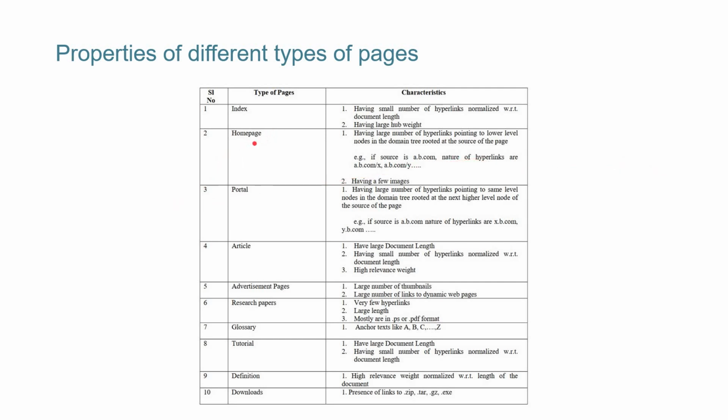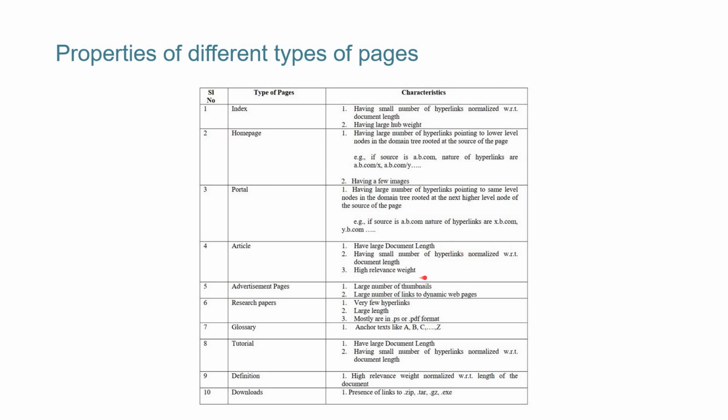If it is a home page of any website, then it will have a large number of hyperlinks pointing to the lower level nodes in the domain tree. Because it is a home page, it will be pointing to other pages of the same website. It will have few images. If it is a portal, it will have a large number of hyperlinks pointing to the same level, like the AMU website, amu.ac.in. If it is an article, then it will have a large document length like a Wikipedia page